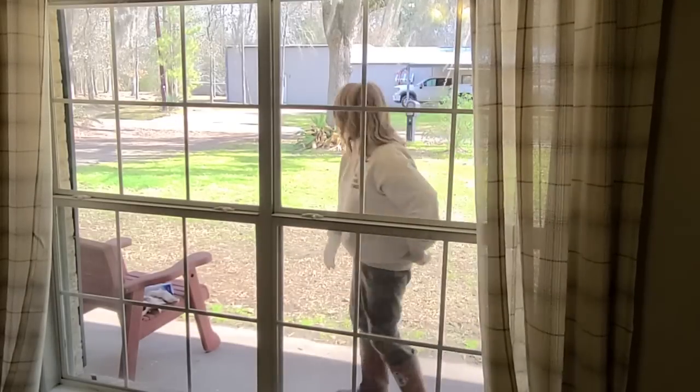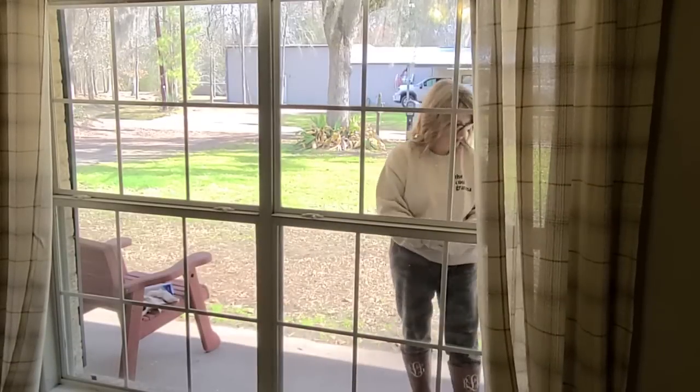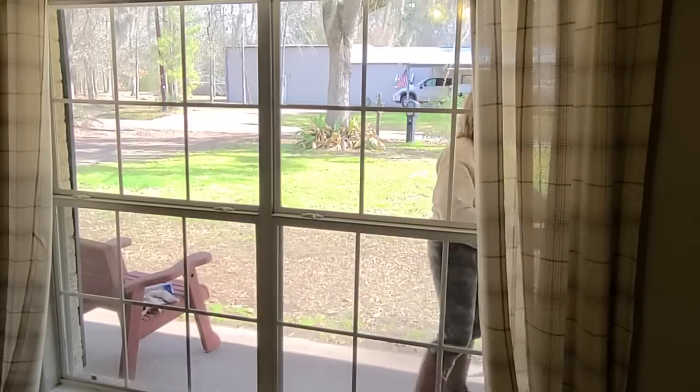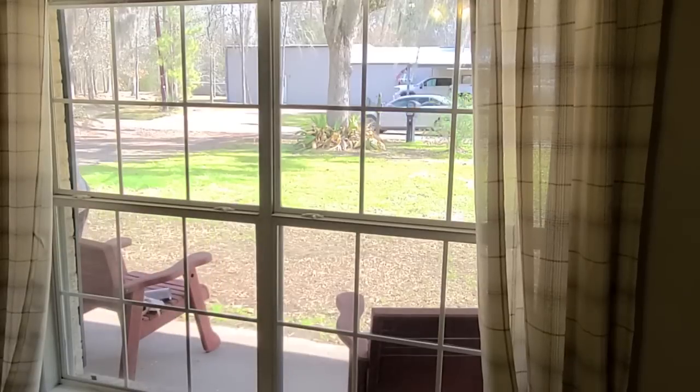Okay, I finally got everything wiped down, got the screens wiped down, got them put back on. Now I'm going to sweep just a little bit right here in front of the window, and then put my furniture back, and then we'll move back inside the house. This was quite a job today, but it was a really nice day, so I did not mind at all